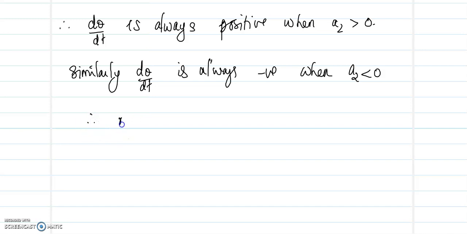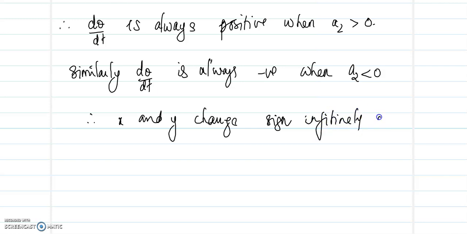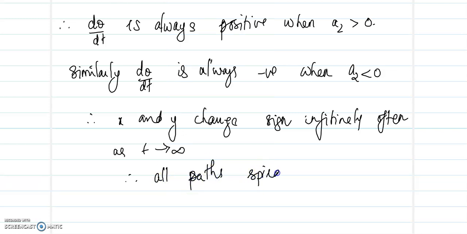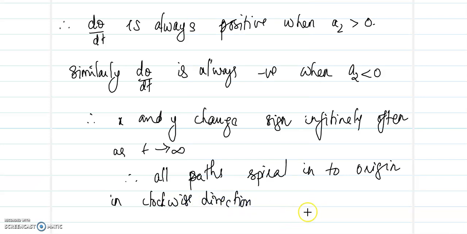So therefore x and y change sign infinitely often as t tends to infinity. So therefore all paths spiral in the origin, and it can be either in the clockwise direction, so clockwise direction happens when a2 is less than 0 or